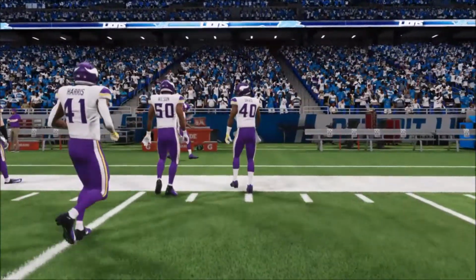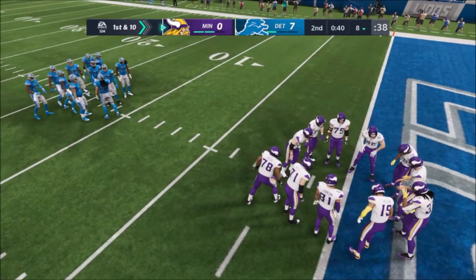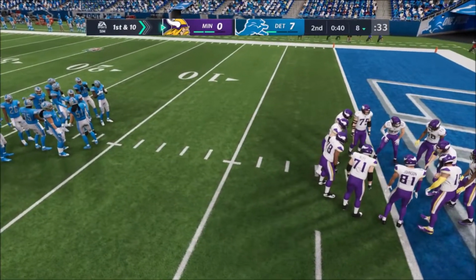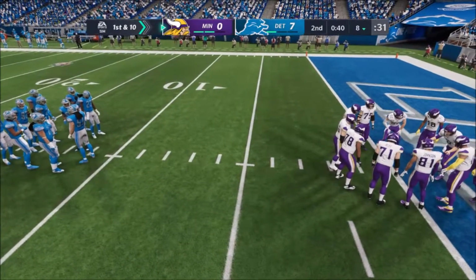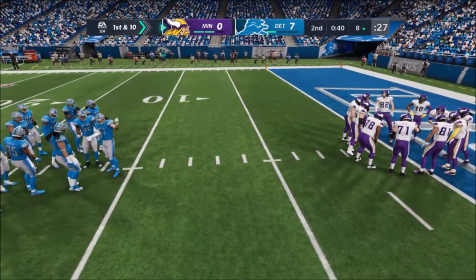The Vikings taking the field here for their 2nd drive of the game. Inside of a minute left in the half. Does the fact that you're down on the scoreboard influence what you do, or I guess don't do, on this final drive? It certainly does, but what influences me even more is who I've got running my football team out